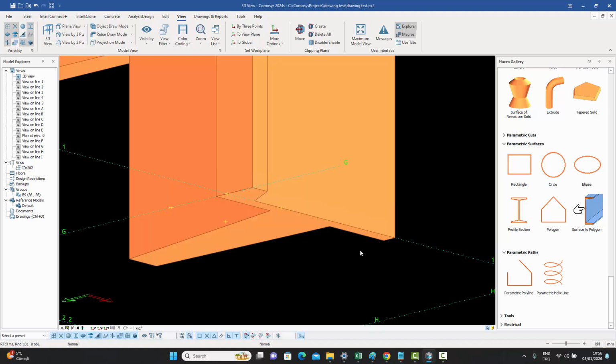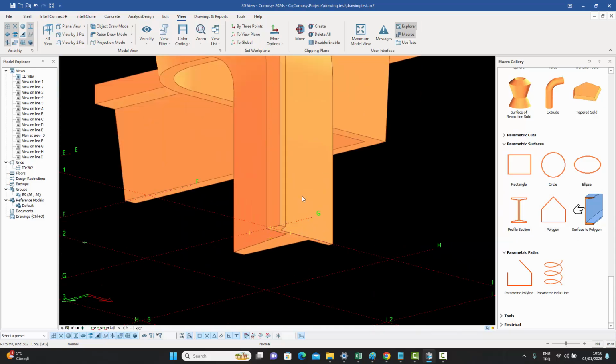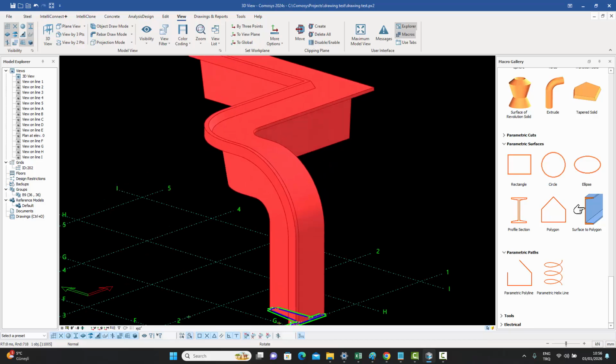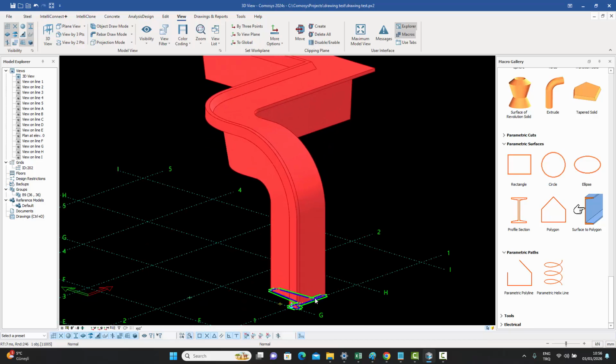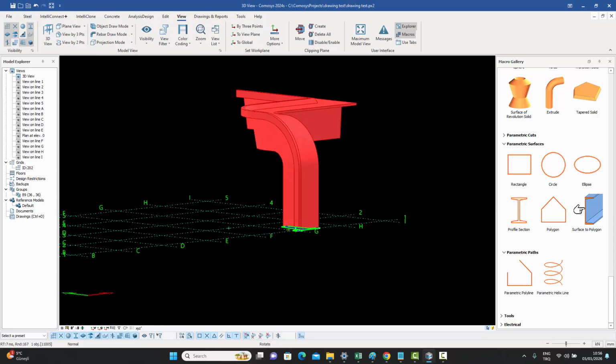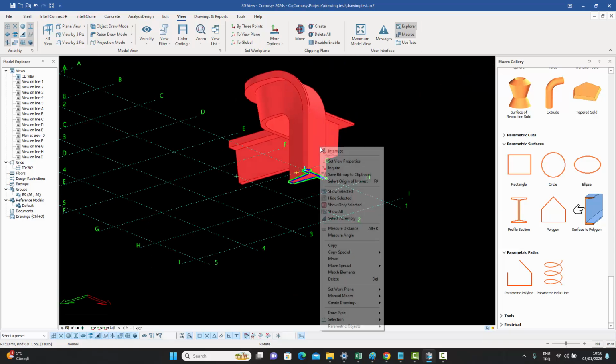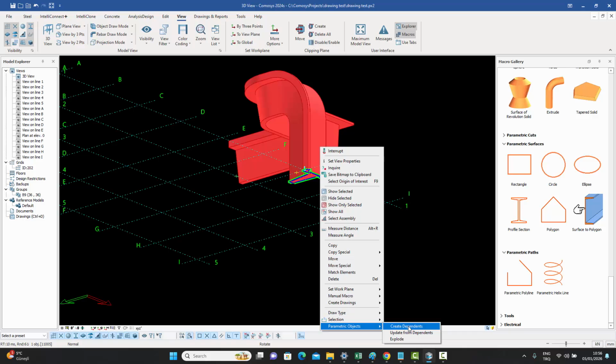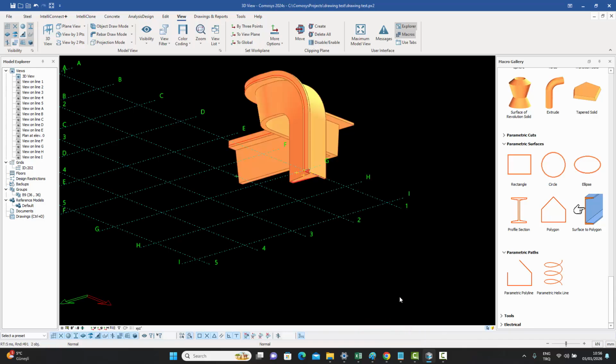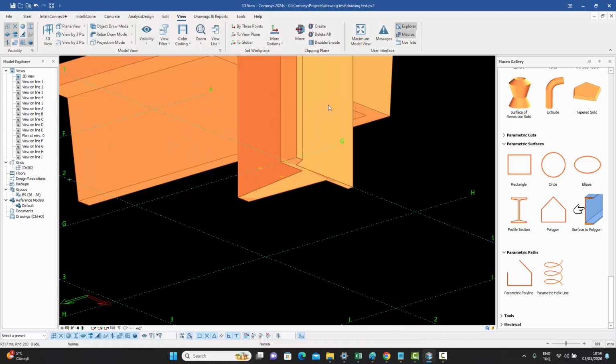Another thing which you can do is recall a completely different shape from your polygon presets. If I select this one, I cannot recall another shape right now. I can modify this existing one, but there's a way to do it: if I right click after selecting the extrusion, go to parametric objects, and say create dependents, it will take me back to step one of the extrusion where I created a polygon and the parametric polyline. It's not going to delete the extrusion, but it's going to